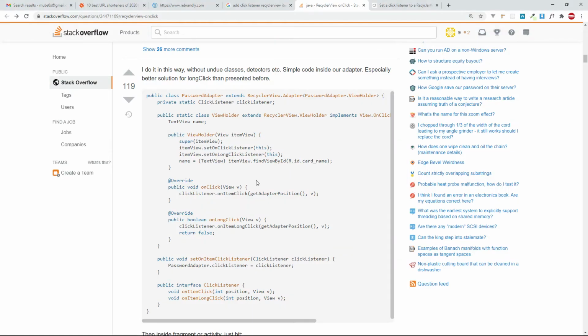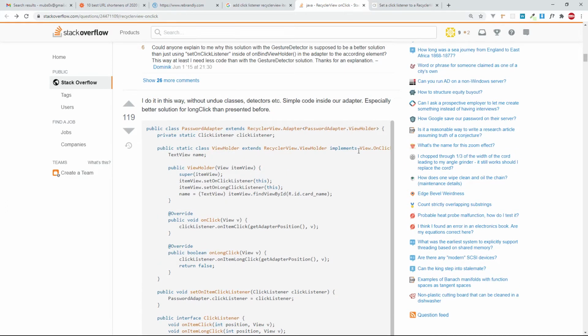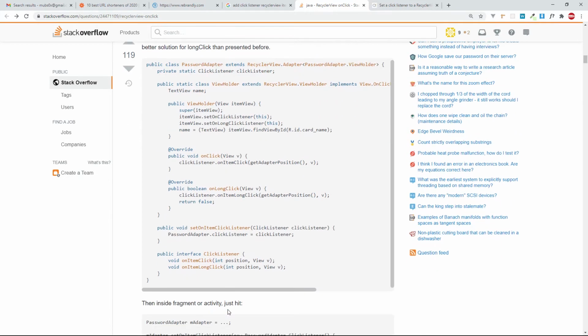So the set on click listener, view dot item dot set on click listener. So that's how he did it, and then he passed this as a what? As the object click listener. He passed this. Okay, I get that. Then after, you have to override the on click listener. He's doing it from